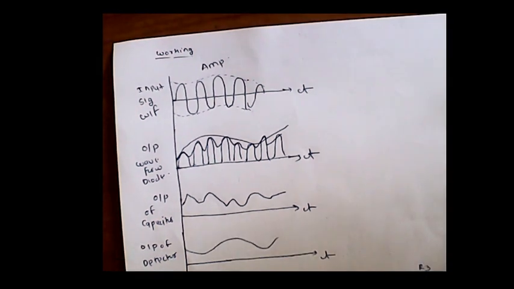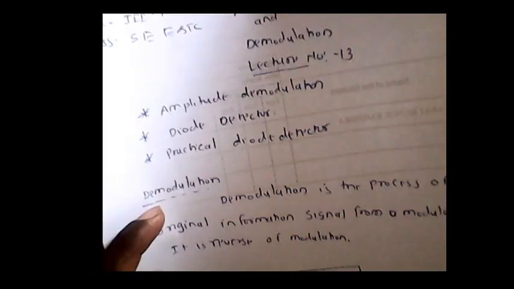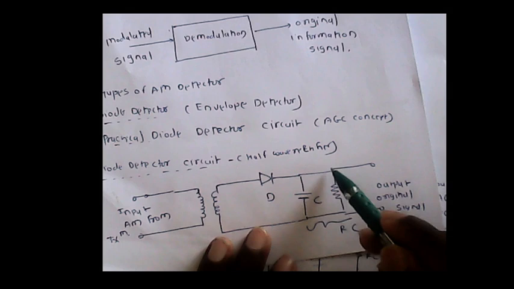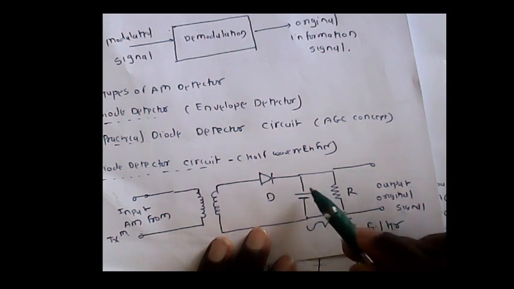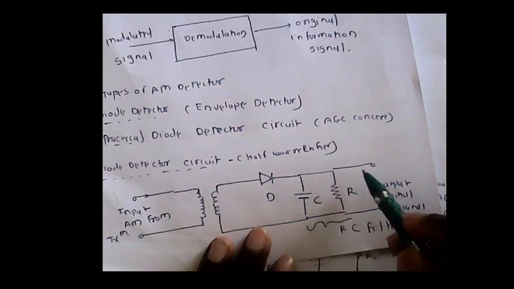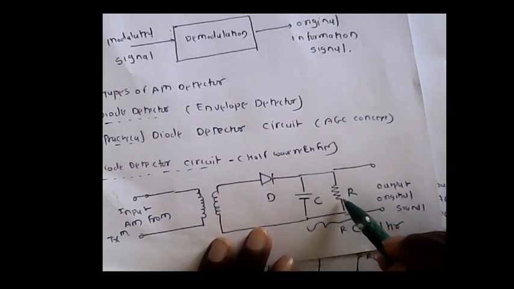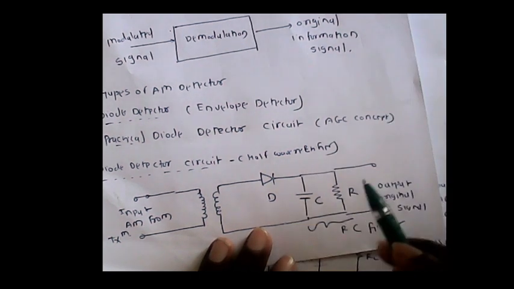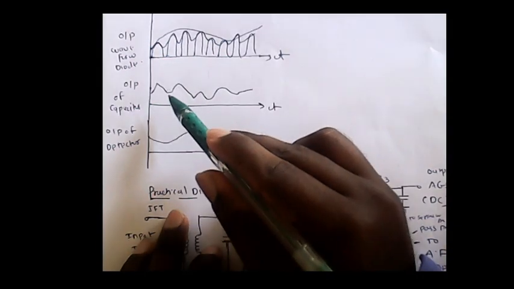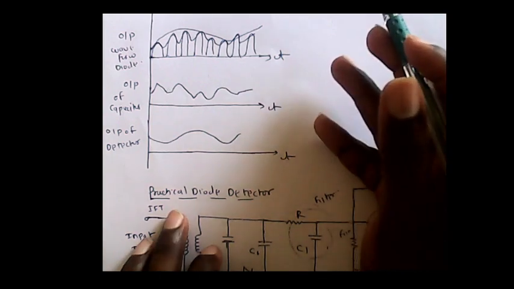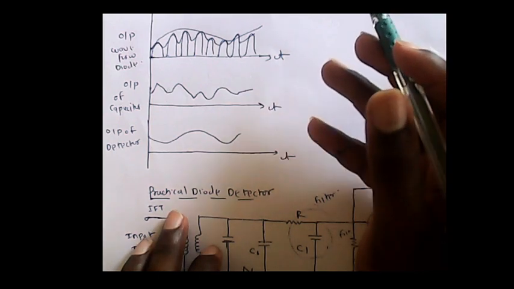Whenever the cycle goes negative, there is a discharging. The discharging is through this resistance. So the capacitor will be charged at the maximum positive half peak cycle, and discharging is done through this cycle. Now if you observe, this is not a perfect shape of the original sine wave, because the original signal is